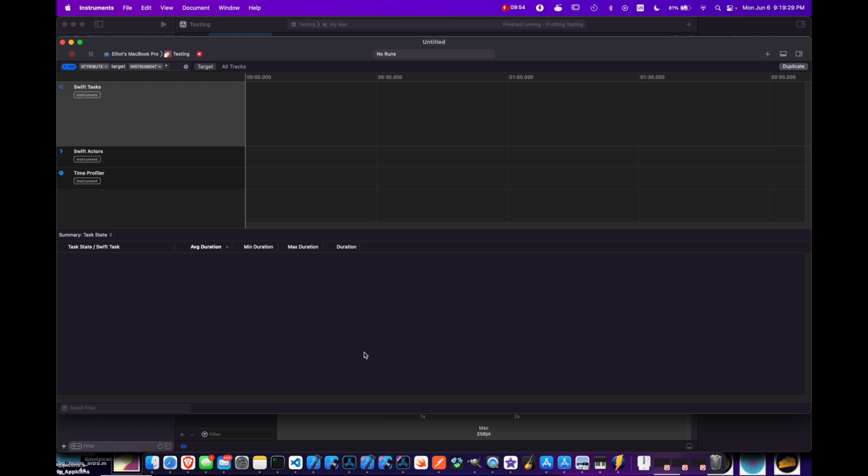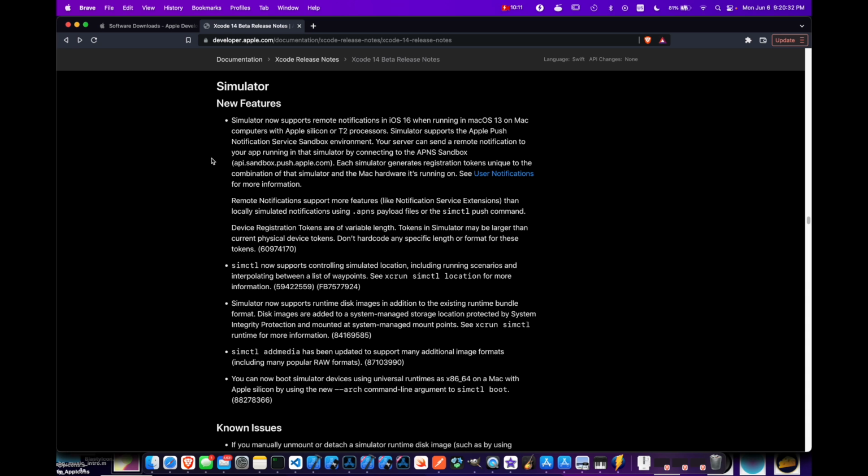I'll be curious to see when I actually do make the upgrade to macOS Ventura to see how this works, but for now, just know that it's there. Simulator has also gotten a few new things. One of the biggest things is probably that we can now send remote notifications in iOS 16. When you're on macOS 13 Ventura, that can be sent to either Apple Silicon or T2 devices. But basically now Simulator supports APNS for sandbox environment. That's a pretty neat addition to add, so we'll have to see how that actually works when we get to